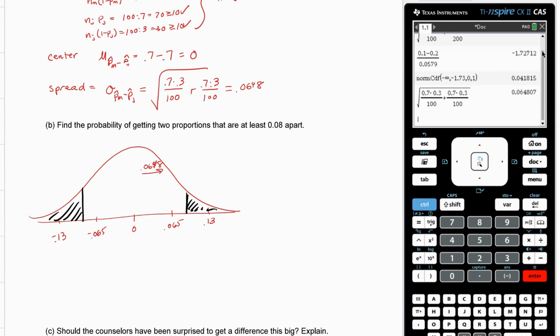Now, because of the symmetry, those two tails could be found by multiplying by 2 the norm CDF of 0.08 to infinity with the mean of 0 and the standard deviation of 0.0648. And if I put that in my calculator,